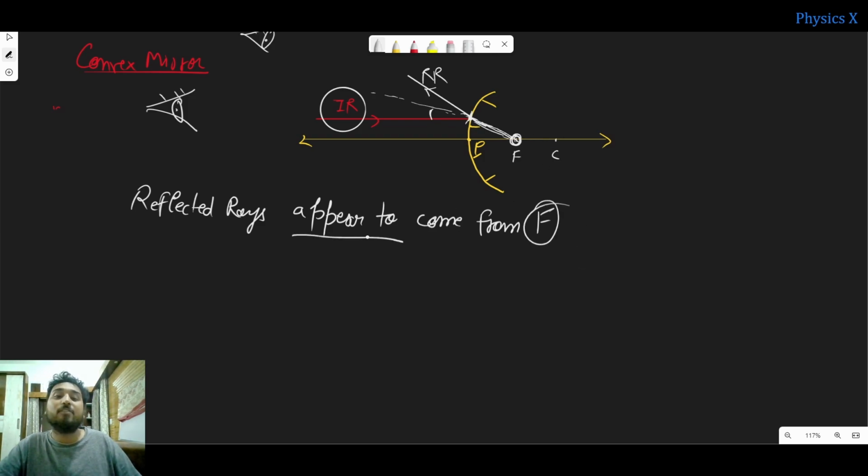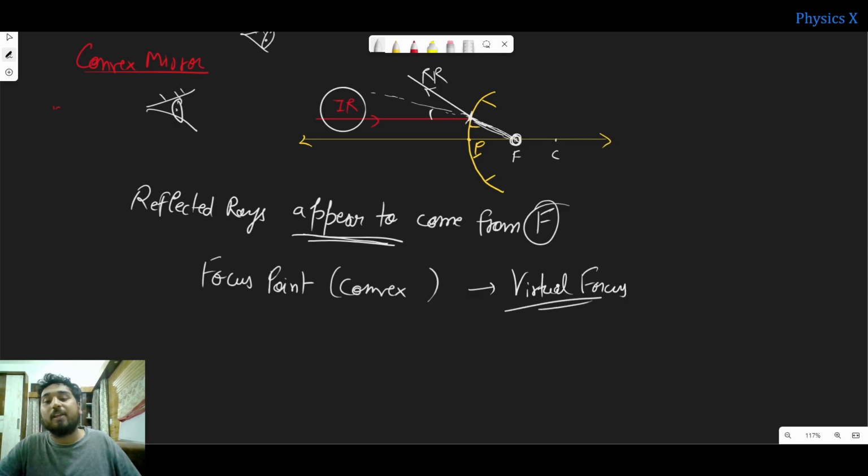Since they appear to come from the focus point, in a convex mirror we call this focus point the virtual focus,